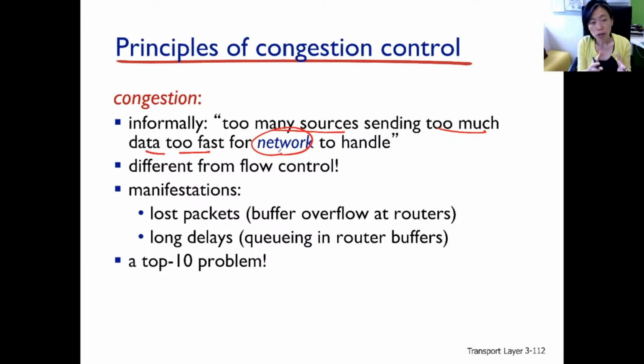Right? So congestion here sounds a little bit also like the problem we see in TCP, such that we need flow control. The situation there is that the TCP source is sending too much data too fast into the receiver buffer. So the congestion there occurs at the receiver, and the resource that's being exhausted is the receiver's buffer space.